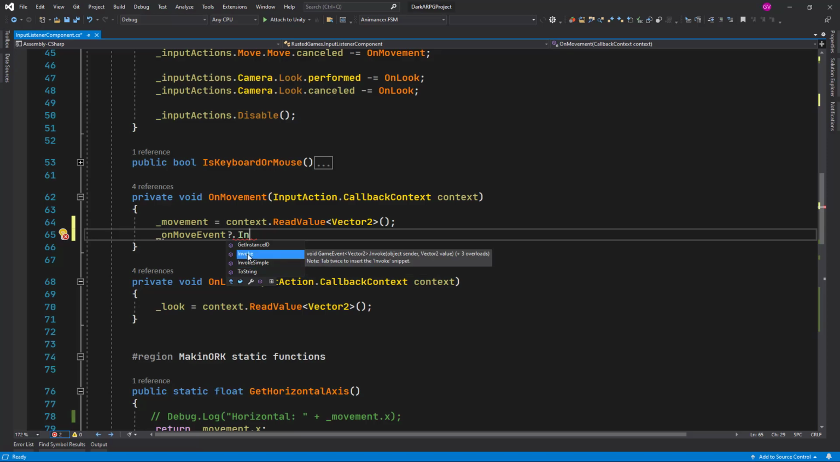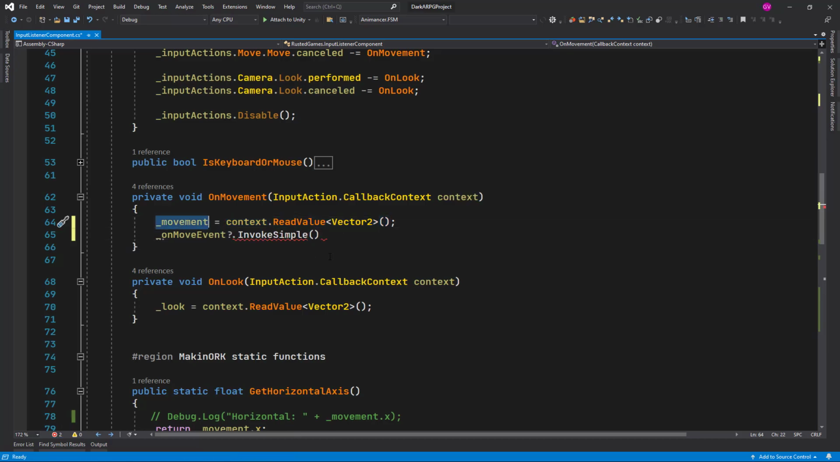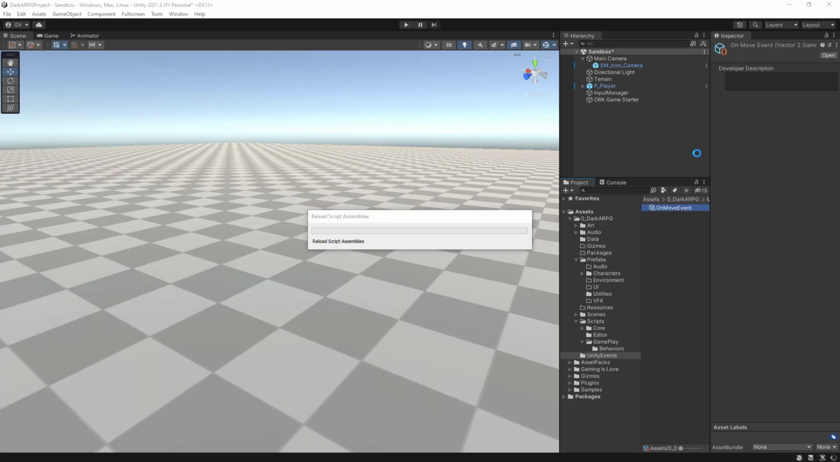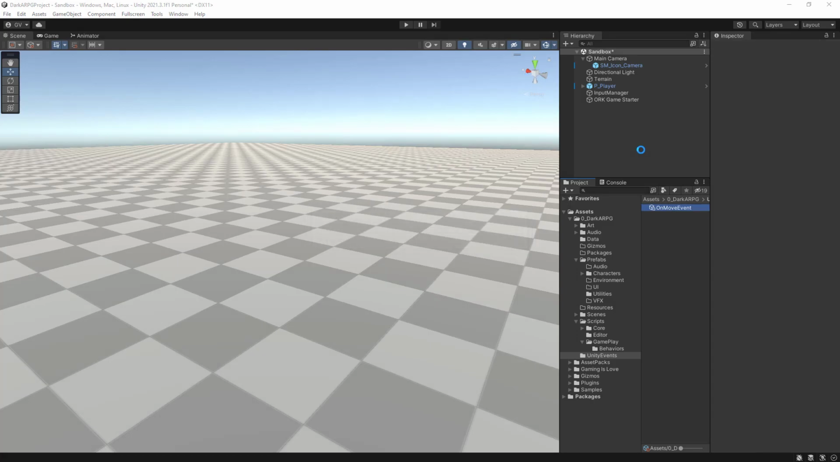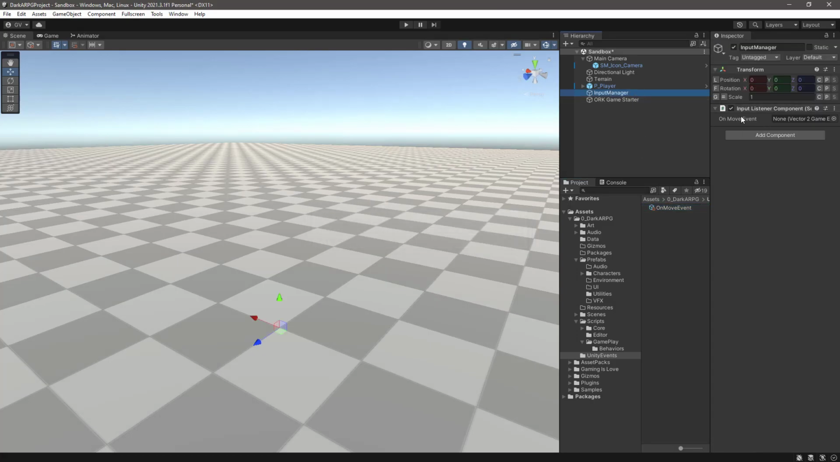So invoke will accept also who's sending this event, and invoke simple is just going to take whatever type we are passing. So we are going to use invoke simple, and of course we can pass the whole context or the movement. Both are Vector2. Alright, so let's save the changes and go back to Unity, let it compile, and if we click now in Input Manager, now we have this onMove event visible, so we can just drag this here,